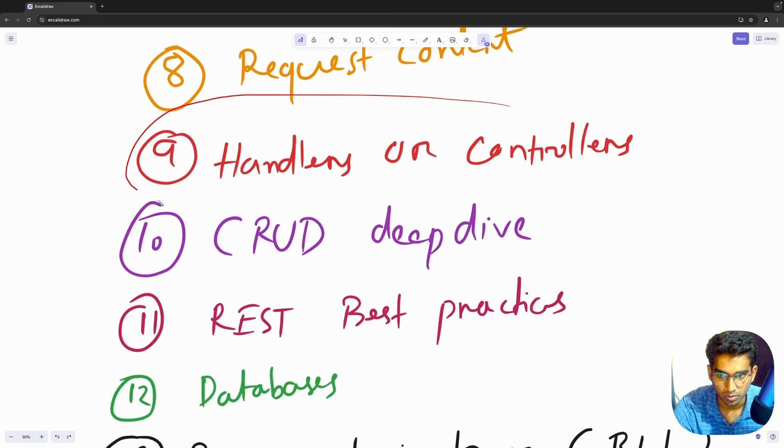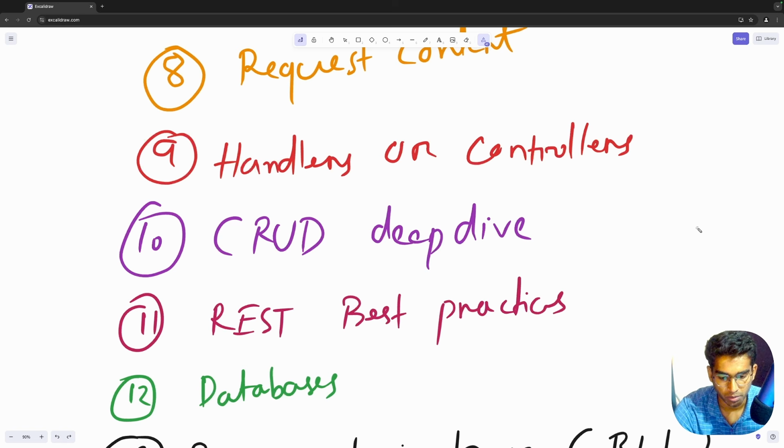Then we'll move to handlers and controllers, the MVC pattern, and what handlers, controllers and services are, the responsibilities of all of them, and reducing code with middleware. Then we have centralized error handling in handlers and consistent success and error message formats and how to implement them in controllers. Then we'll look at the different types of CRUD operations, like how CRUD operations map to HTTP methods and what the common APIs associated with each method are.